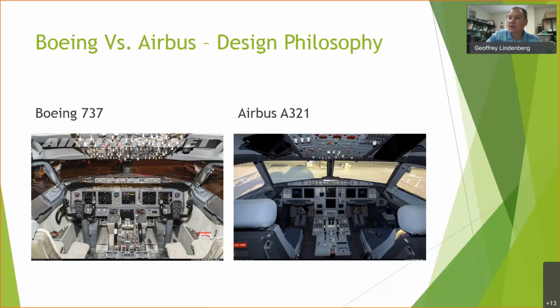Whereas Airbus went to a fly-by-wire system much earlier, and when we get into flight controls, we'll talk about what are known as envelopes and control modes, where the normal control mode for an Airbus